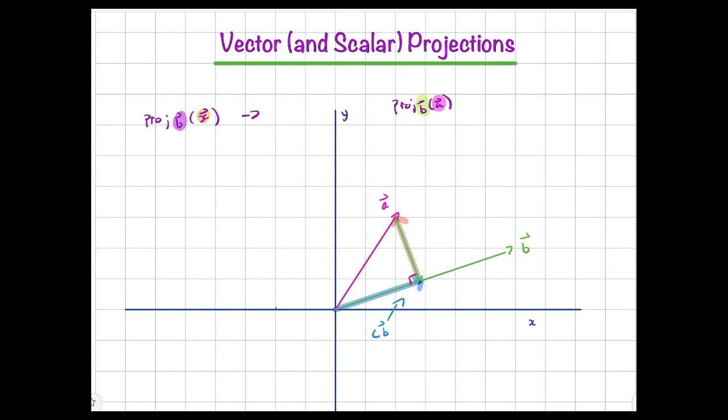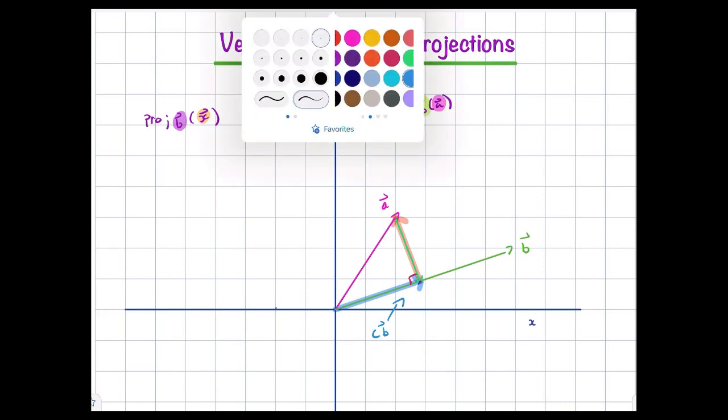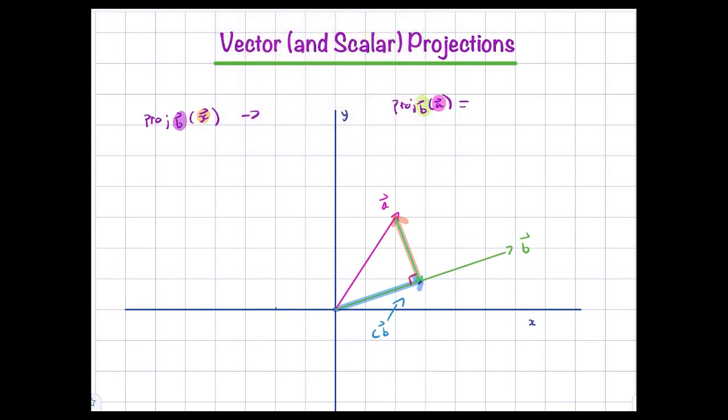And so I know, let me come back up here and go back to my purple. I know that the projection of A onto B is C times B for some scalar C. And I need to figure out what that C is in order to figure out the formula for this projection. And how do I do that? Well, I note that as I already mentioned, the projection of A onto B, so C times B, this projection is perpendicular